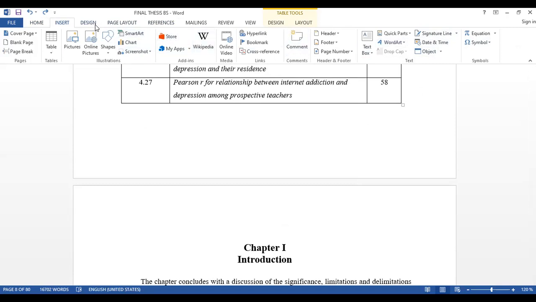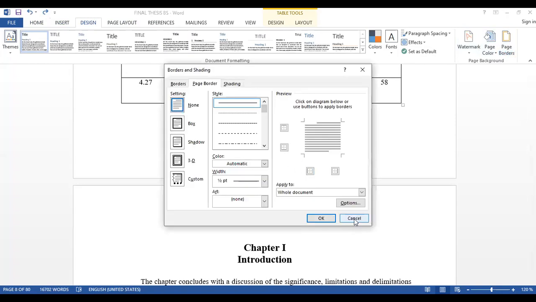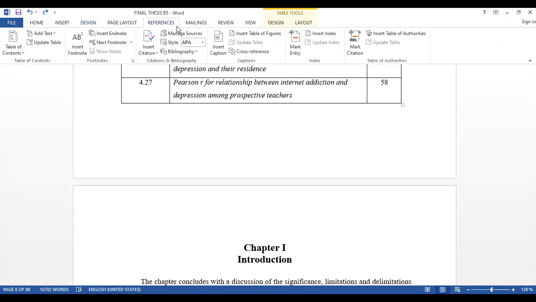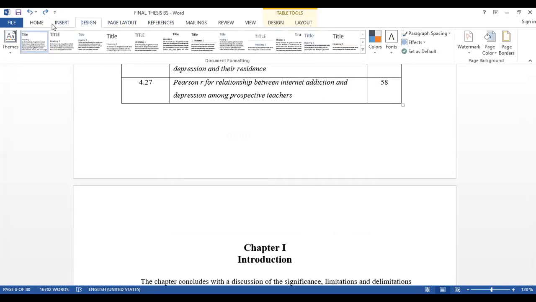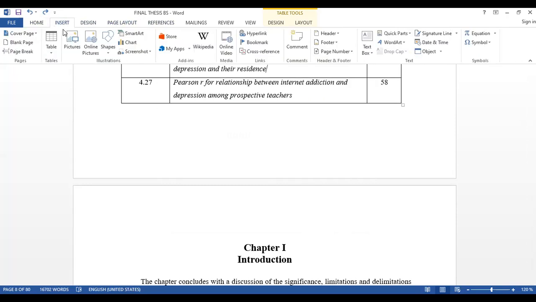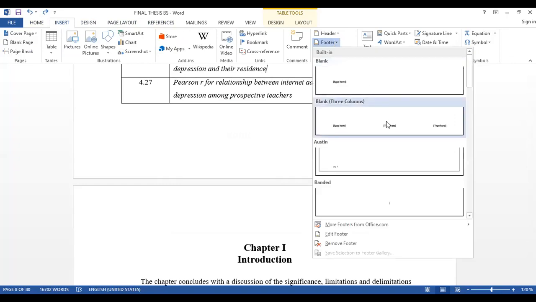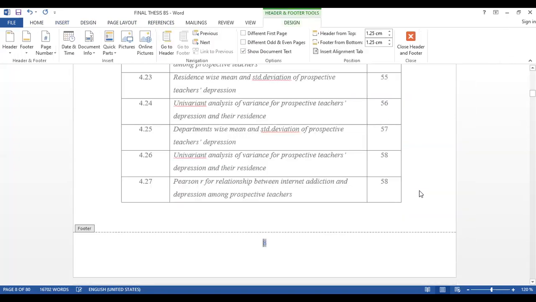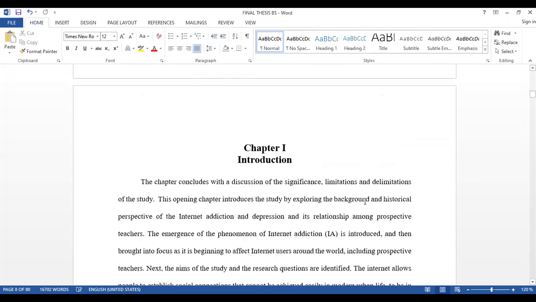Go to the design and page color, page border and watermark. So here go to insert, go to header and footer and give the page number. Okay. So in such a way you give the page number.